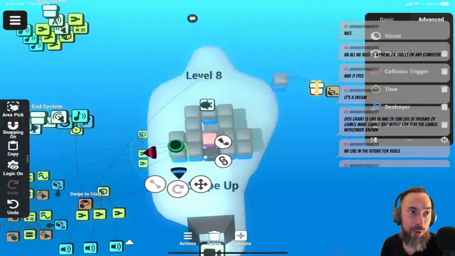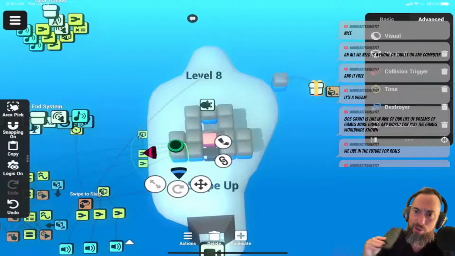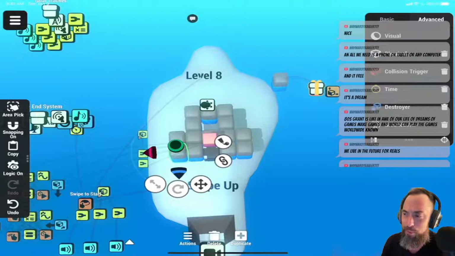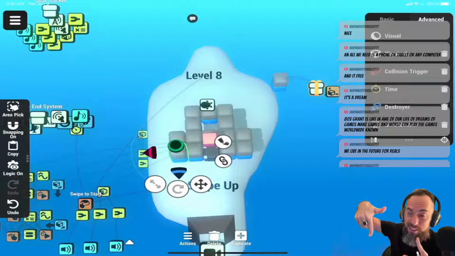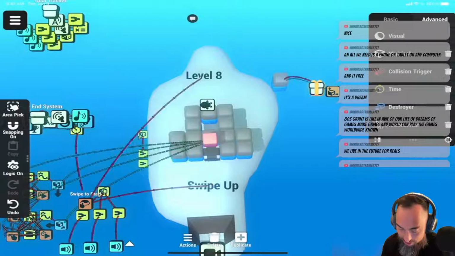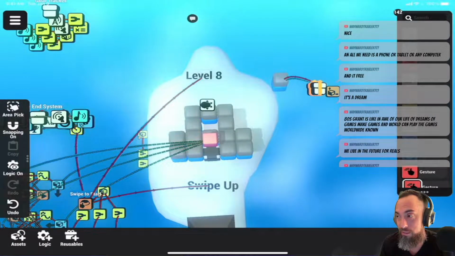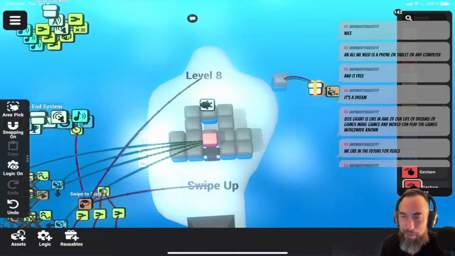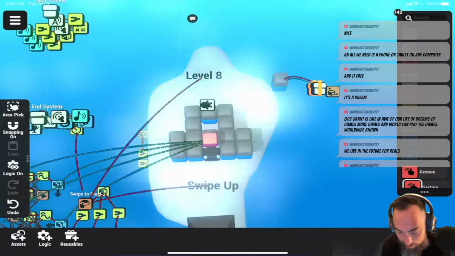All we need is a phone or tablet or any computer. Man, that's the coolest thing. These phones are so powerful. I remember the first computer I was ever on. This was in the 80s, and we had these floppy disks that were this big, and the games weren't even, I mean, they were cool. I was 8 or 9 or something, so it was basically balloons and teddy bears. So it was cool, but